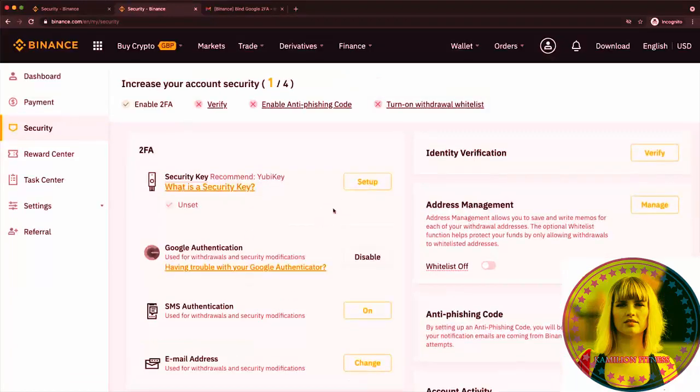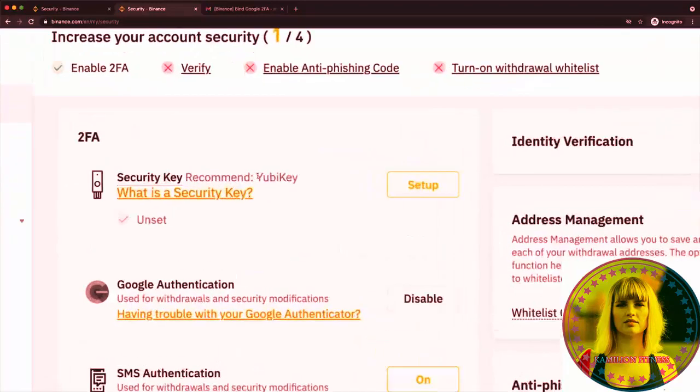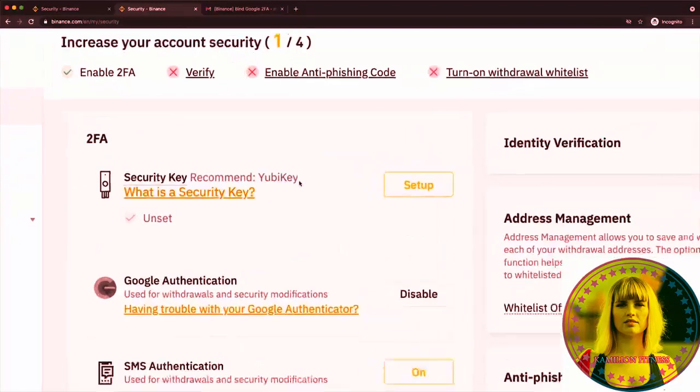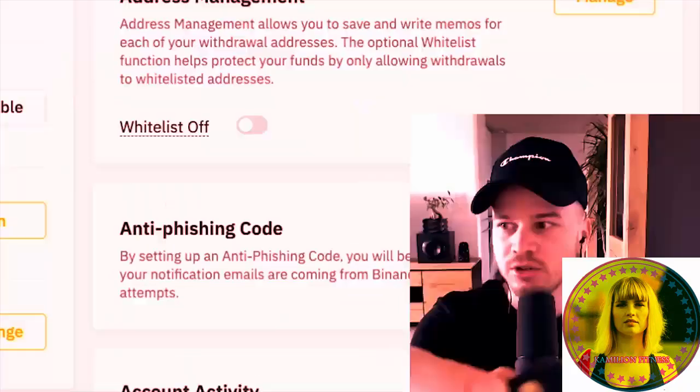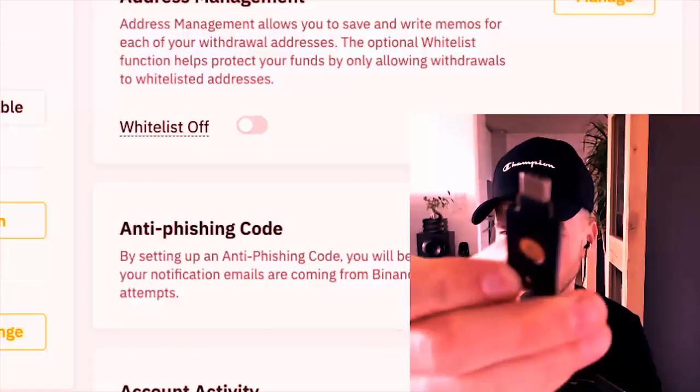Now, one more thing I want to mention about security is that if you want to enhance your security further, you can get something that is called a YubiKey, which is like a hardware device that you have to put into the USB port of your computer, and you can only access your account when you have that device plugged into your computer. And I actually have one here. That's what I use to access all my cryptocurrency exchanges. This is what it looks like. It's like a very small USB device